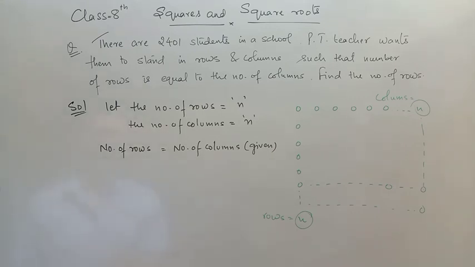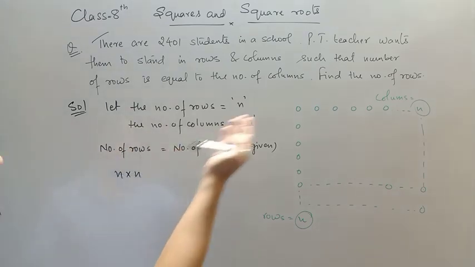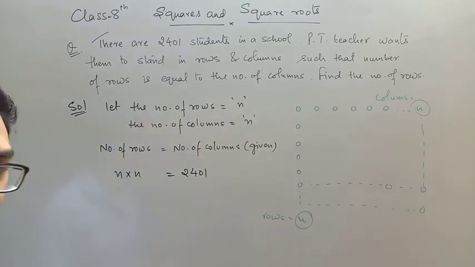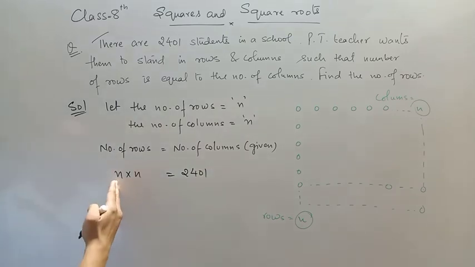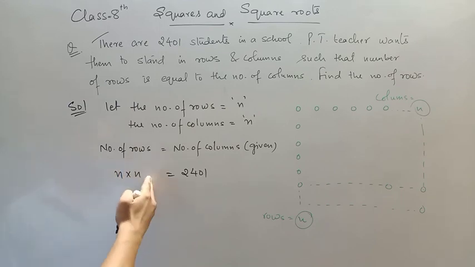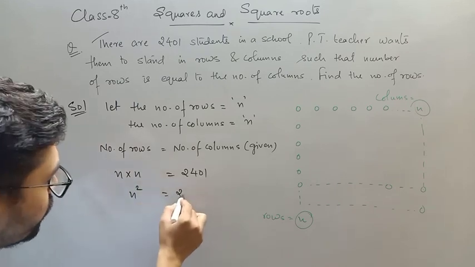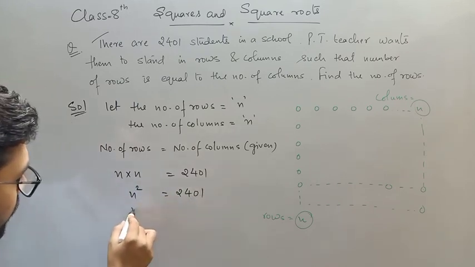So you can write n into n, or you can say number of rows into number of columns is equal to 2401 students. Students standing in a row multiplied by students standing in a column will make a square. So n into n will give you n square, which is equal to 2401,